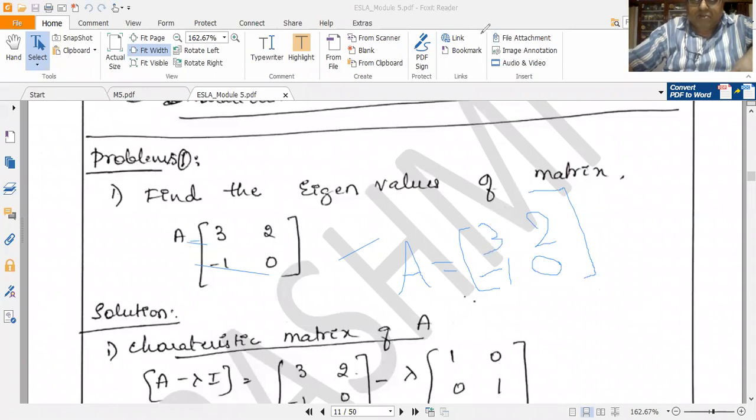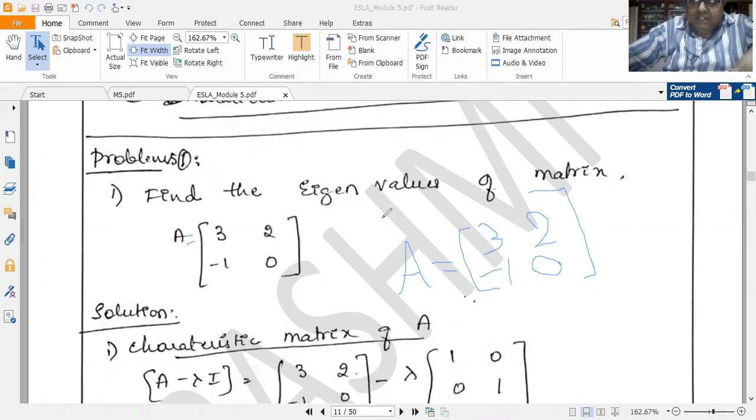To be more specific here, an equal to sign should be there. That's why I wrote again. So A is given by 3, 2, minus 1, 0. So the same matrix I have written here. Earlier the equal to sign was not there. So due to a technical glitch while recording the video, a little bit of darkness happened on the laptop screen. Now of course it has been rectified. Now it has become clear. Now there is no problem.